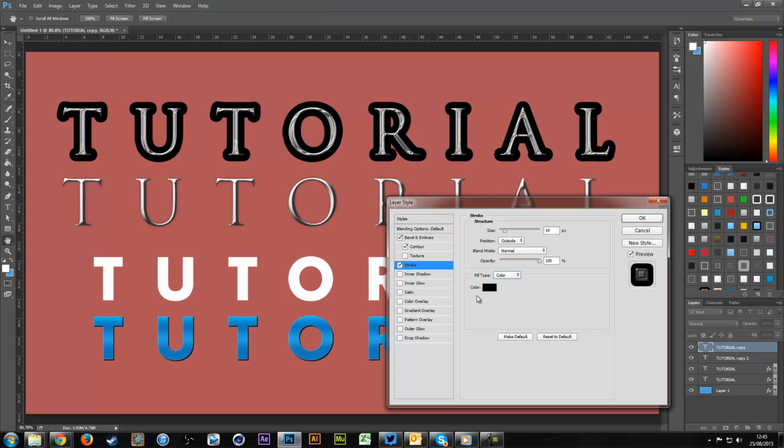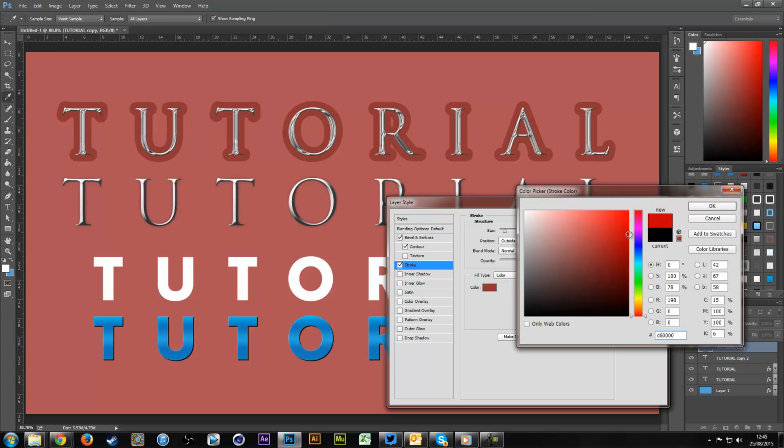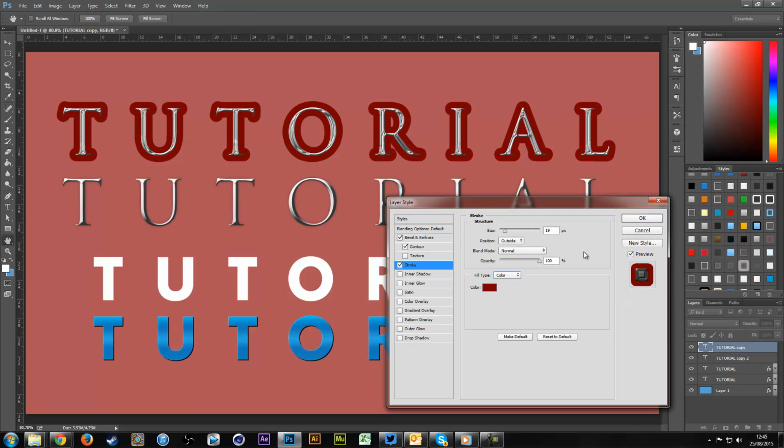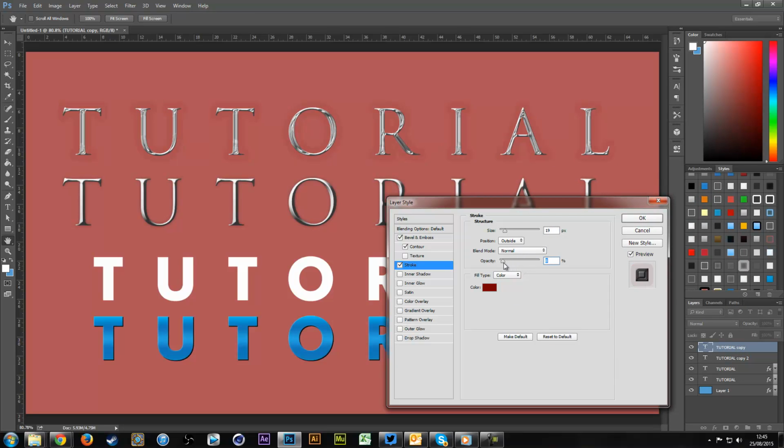I'm just going to change this back to colour, and I'm going to change it to a dark red, just as an example. And the other options you have here are the opacity, so you can lower the opacity of this. You may want the main text itself to be visible, but you might want the stroke to be only a little bit visible, so 15% opacity. That would be a good option if you have other text or other objects behind your text, so then your text stands out a little bit more, and then your stroke isn't fully covering whatever is in the